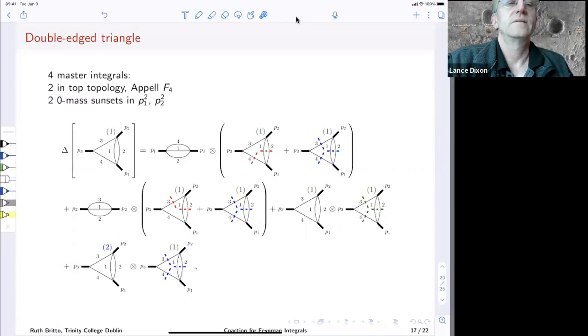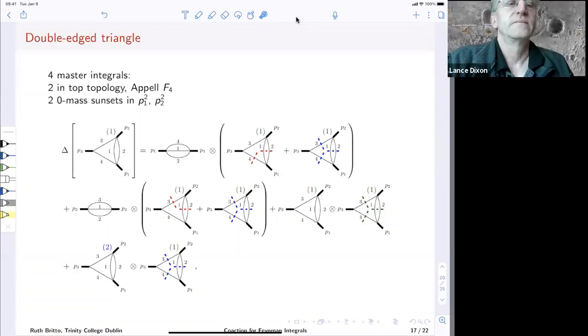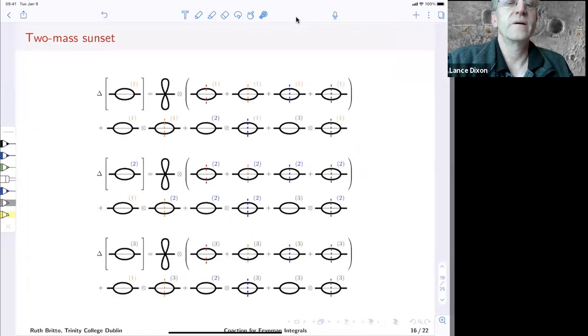Well, the divergences cancel, then you can take epsilon to 0 after they cancel. So they, okay, they cancel among different diagrams, but